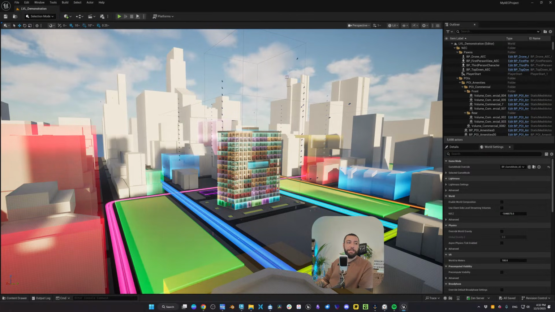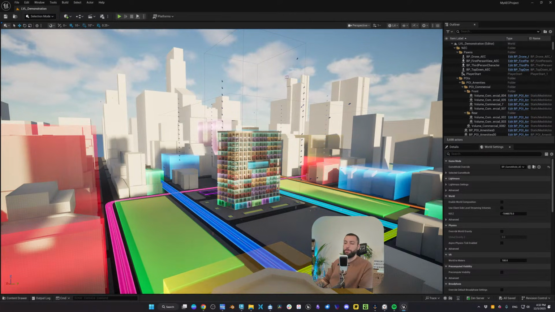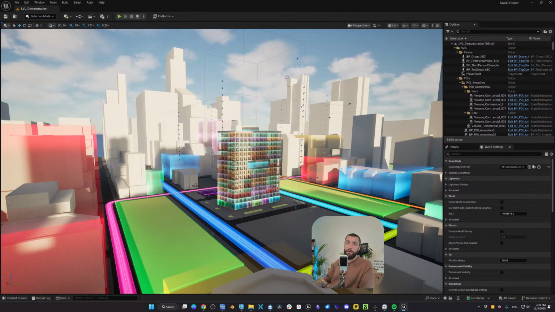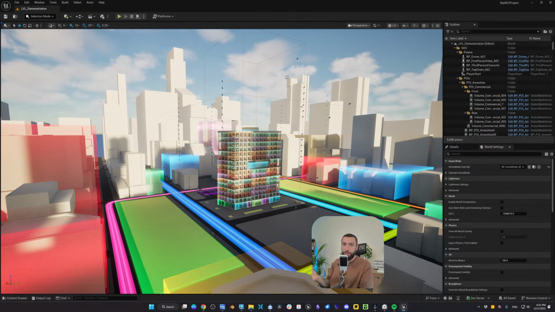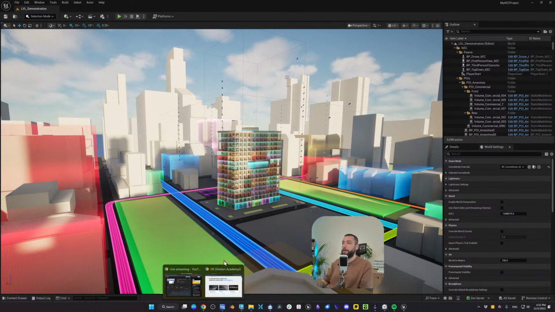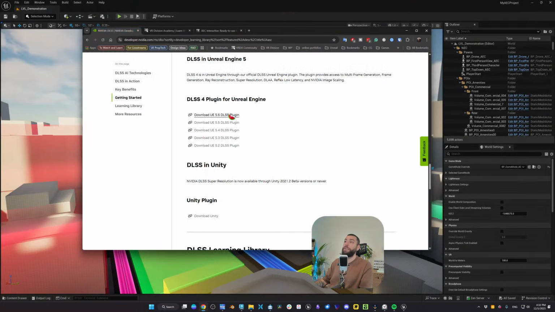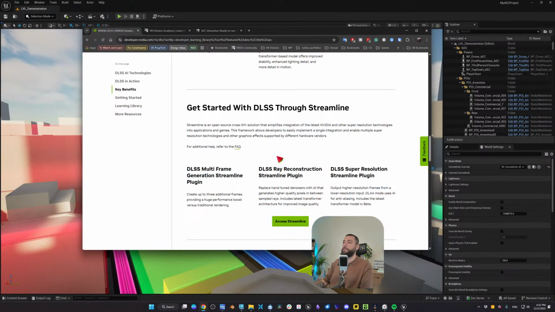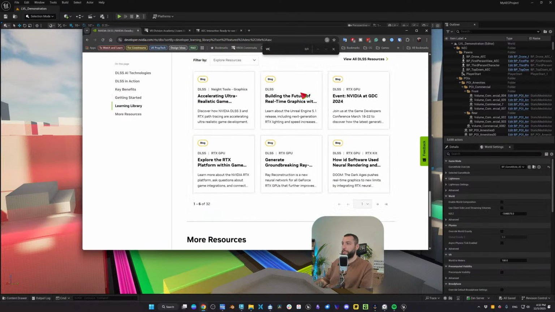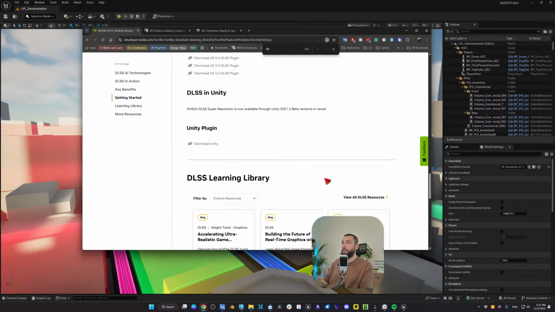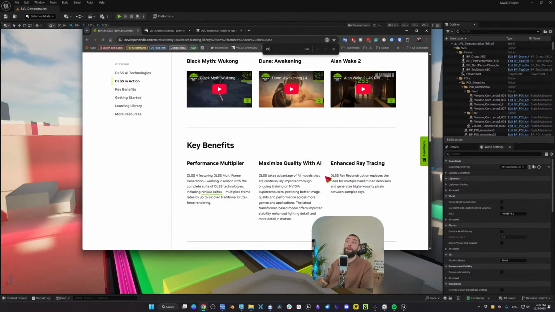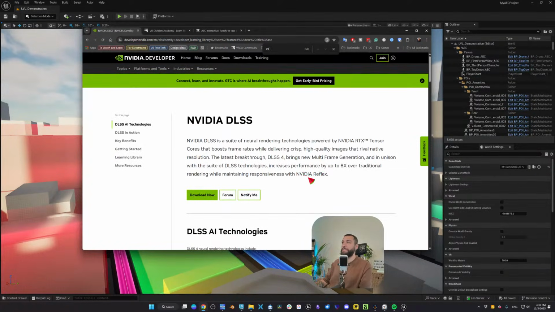And for DLSS support for VR, I think it should be supported, but I also need to test that to see if it works or not, because I never tested DLSS from NVIDIA yet, and I would love to test it and see if they support VR. So let's quickly search. No, there is nothing about VR on this page. However, who knows, it might work. So I'm definitely interested in this. And once I do, perhaps we can cover it in a live stream and see how it goes.